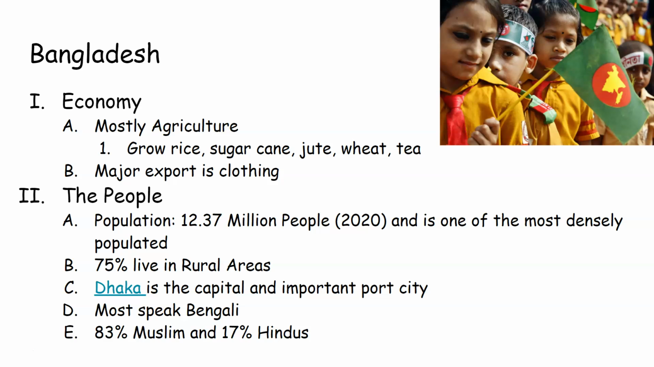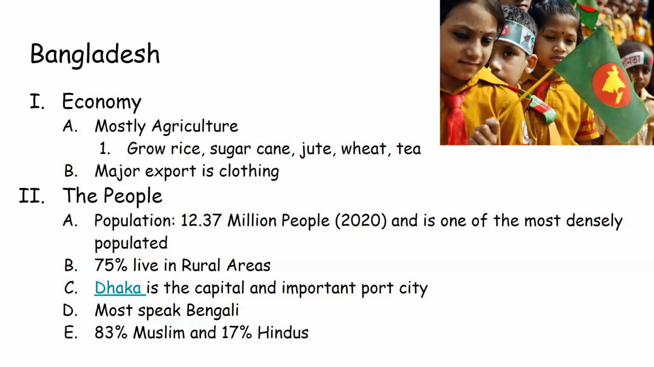Population-wise, they're at about 12.37 million people, and that number is roughly as of 2020. And they're a very densely populated country, despite being, again, quite rural, 75%, so about 3 in 4 people. It is quite densely populated, so despite not a lot of area, you have a significant population present here,